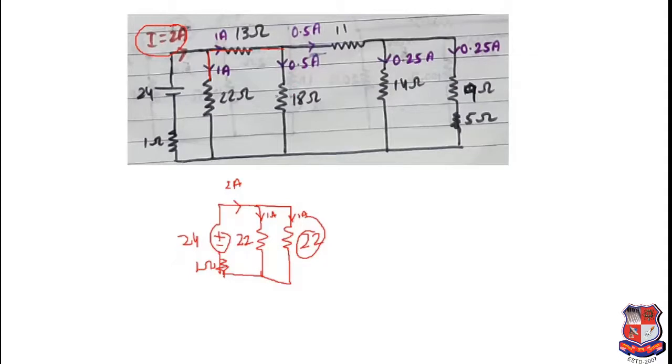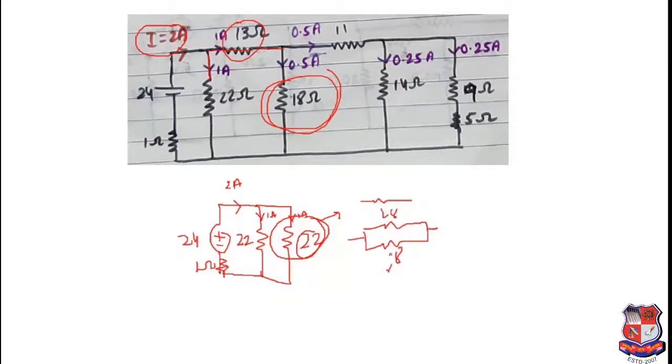Actually this came from this 13 ohms and 9 ohms. So that 9 ohm came from this 18 ohms which was connected in parallel. Yes or no? So it means that this 22 ohms is broken into two parts, that is 13 ohms and two resistances of 18 ohms. This 18 ohm and this is also 18 ohm and this is 13 ohm. So this 13 ohms plus the parallel of 18 ohm, which will be 9 ohm. So 13 plus 9 is 22.